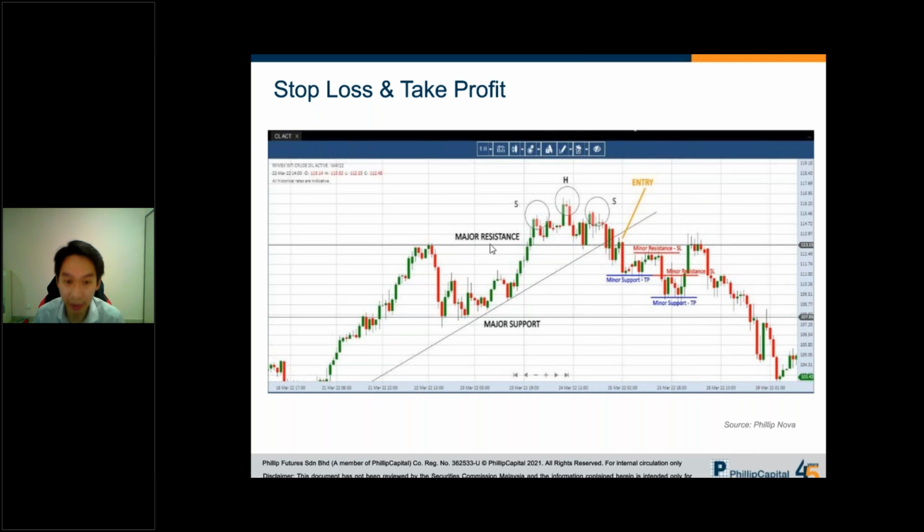As you can see here, our major resistance and major support are quite far away from the price action. The blue line and the red line are minor support and minor resistance, which happen after the price goes into a downtrend. As soon as the price forms them, we want to know the immediate support and immediate resistance. Once the price goes down from the 113.15 entry level,